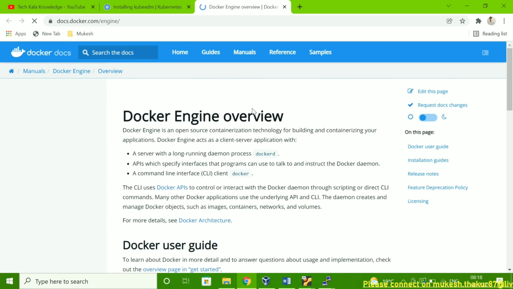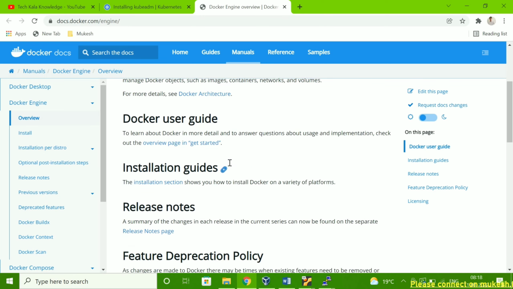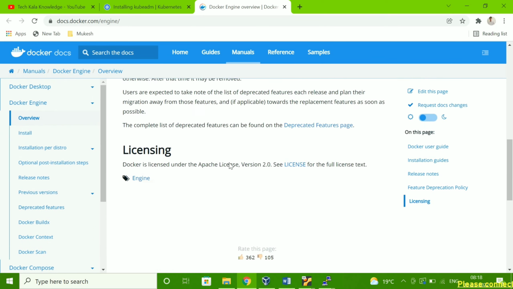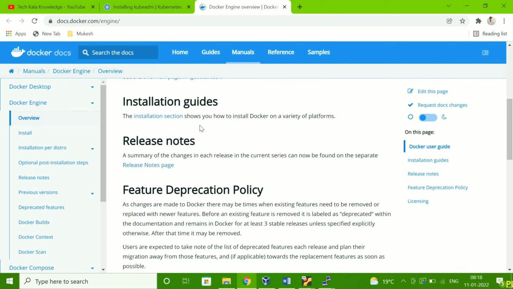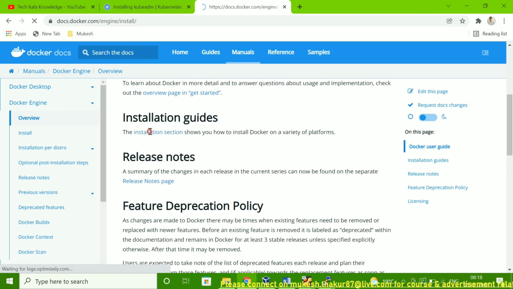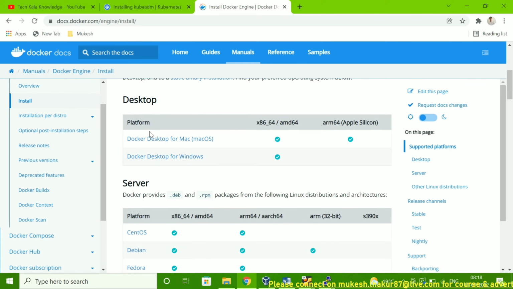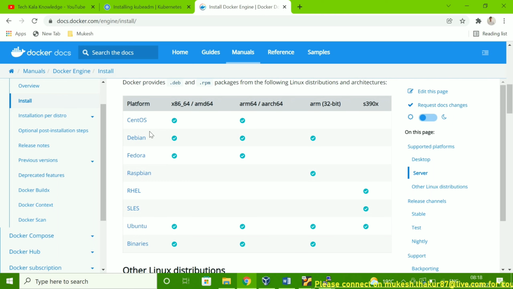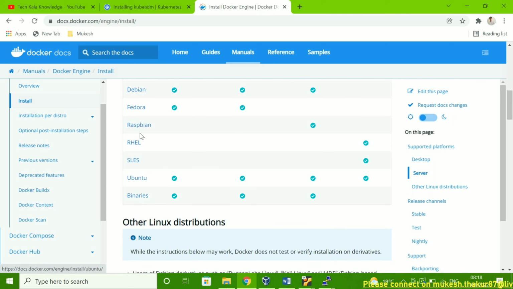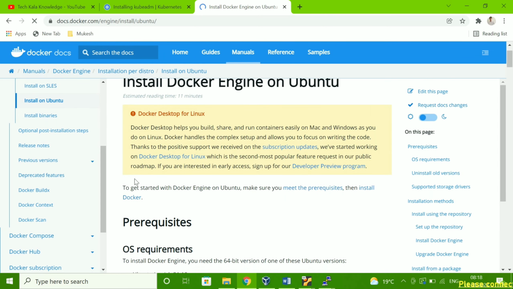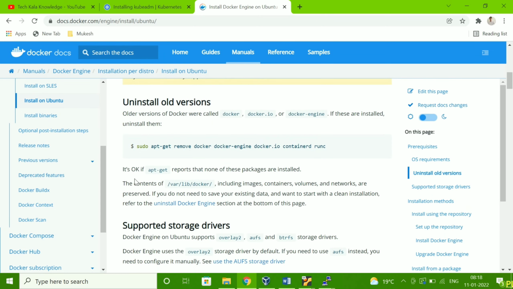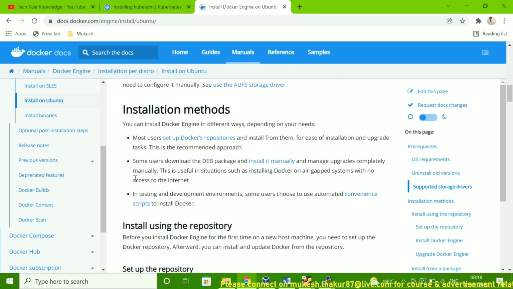You have to install Docker also. This is the Docker installation document, so you have to follow the installation section from here. Click here, and whichever OS you are using, click on that one. I'm using Ubuntu, so I'm clicking here, and then you can follow the steps from here.